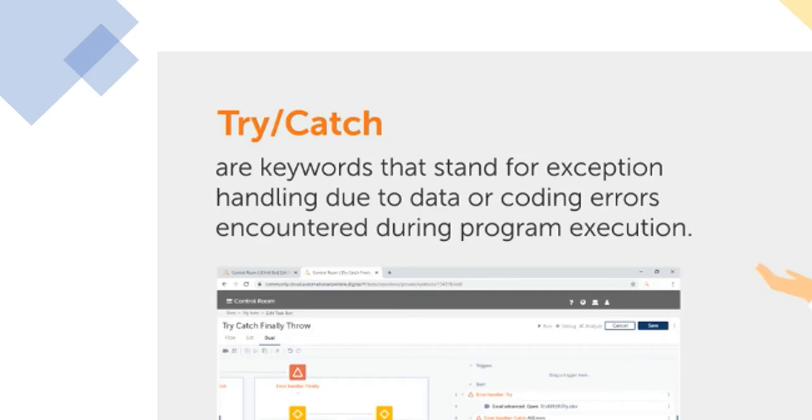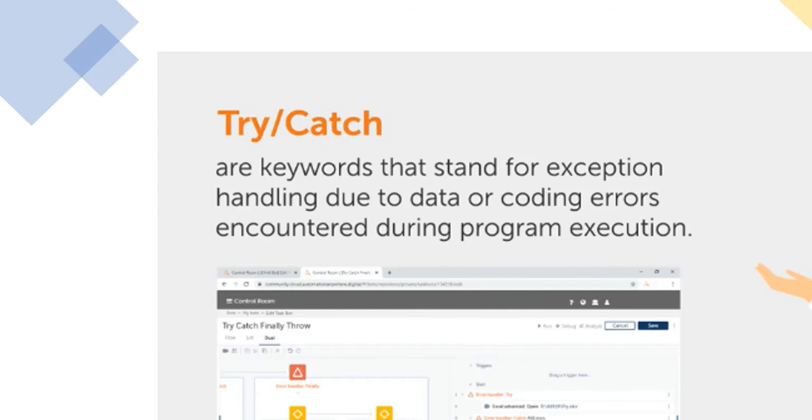So how do try and catch work? Here you can see the try and catch. If you drag and drop try and drag and drop catch, it will give it as a flow. These keywords stand for exception handling due to data or coding errors encountered during your program execution.